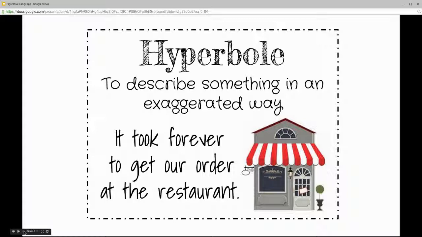I gave a hyperbole. So this week, I'd really like you to focus on how you can use some of these. You decide how many, you decide which ones, but maybe you can use a couple of these in your writing, and let's see if we can spice up our writing a little bit.